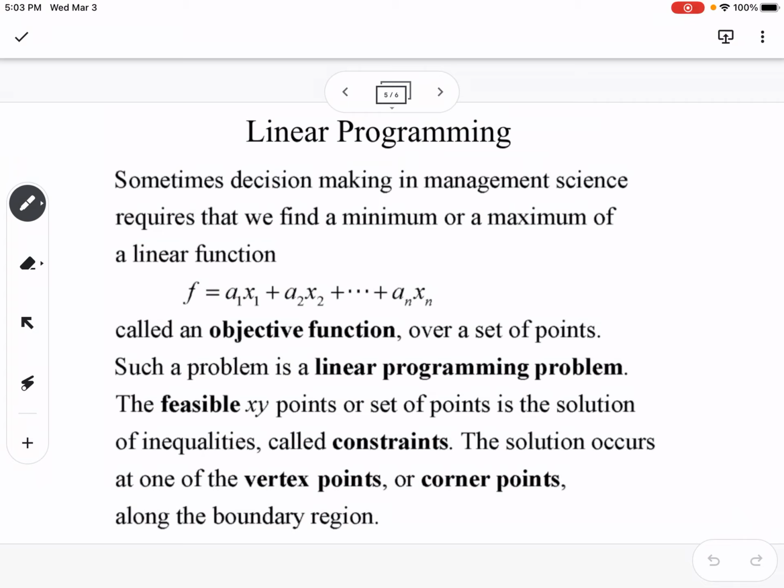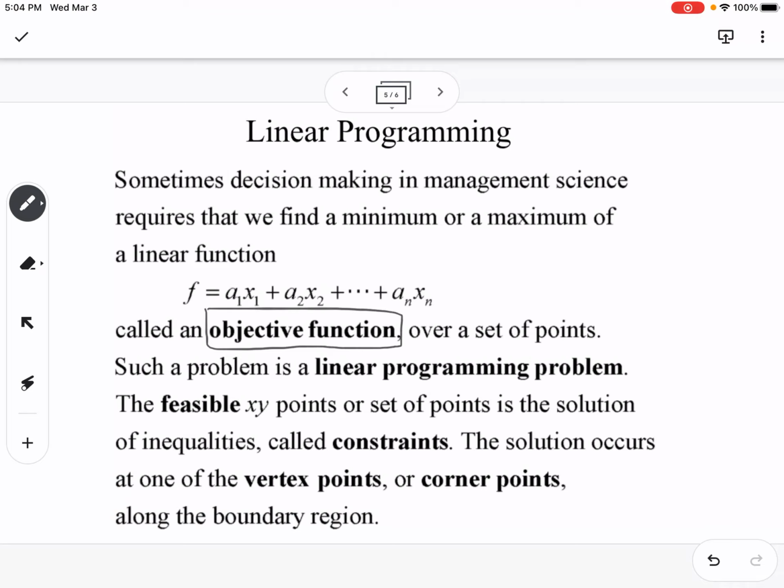Okay, so the last part of this is linear programming. It says sometimes decision making in management science requires that we find a minimum or a maximum of a linear function. So what we're going to use is what's called an objective function, and then with our linear programming, basically a linear programming problem is just like the previous problem that we did,